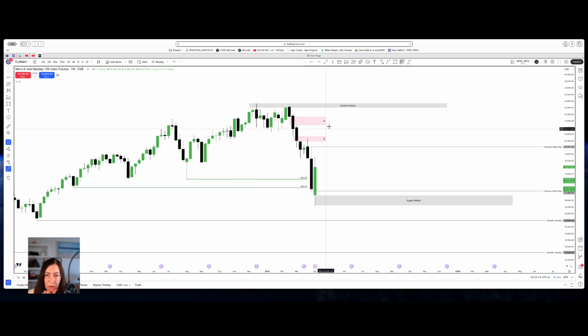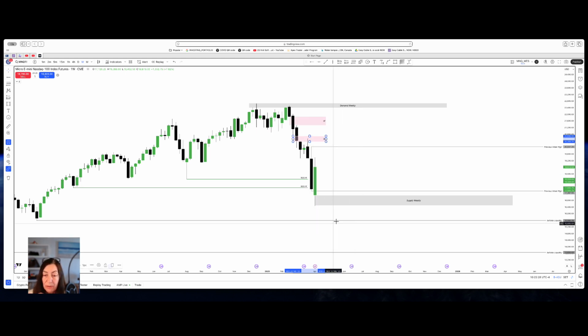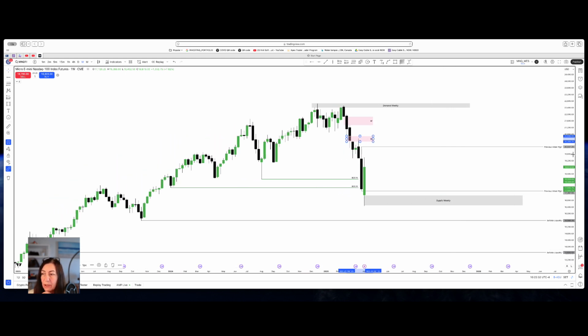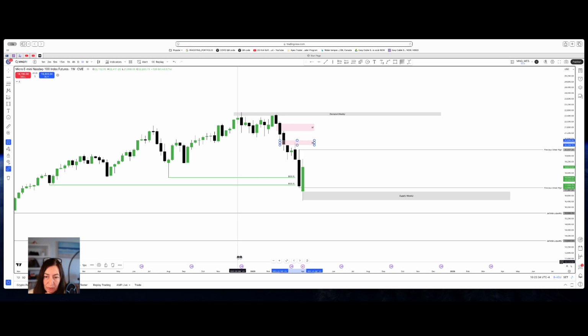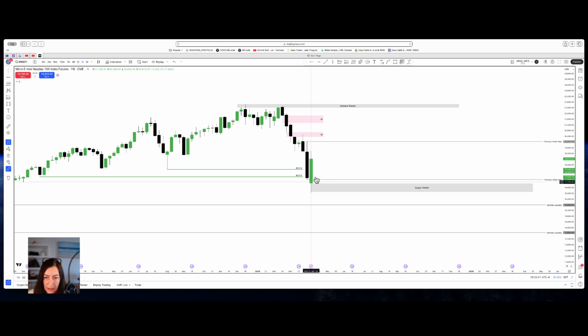And if you use this visibility folder here, then you can uncheck and check where you want to see the information or you don't want to see the information. Because if you just have all the information on your smaller time frame charts, like the 15-minute or 5-minute, it's going to be really confusing because you're going to have too much information. So this way you can keep checking back to your higher time frames as the week progresses and see,